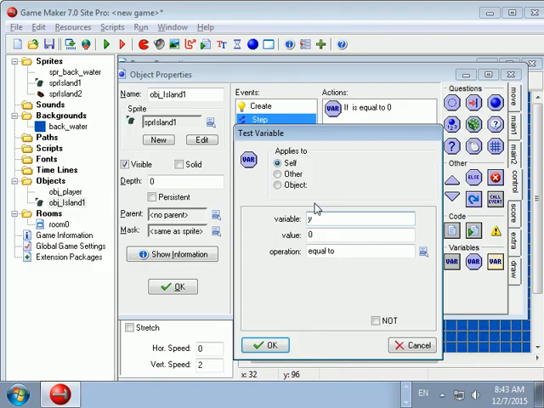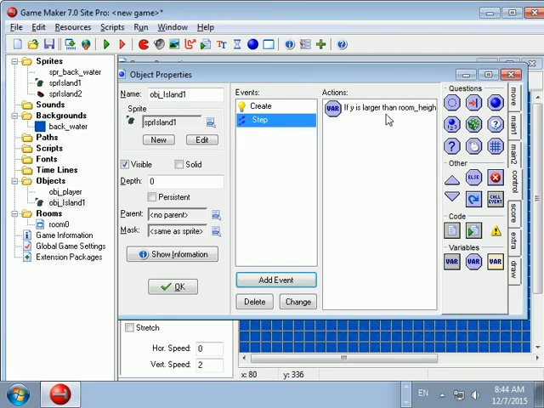But the variable y. So I'm going to test variable y, and I want to test its value if its value is larger than room height. So in other words, when the island appears to jump off the screen, what I want to do, so I'm going to test the variable, is if that is true,